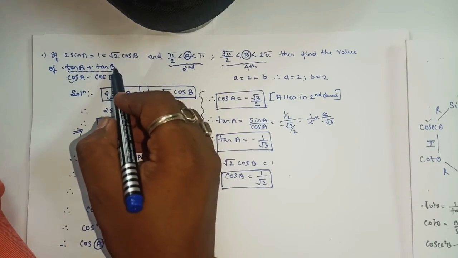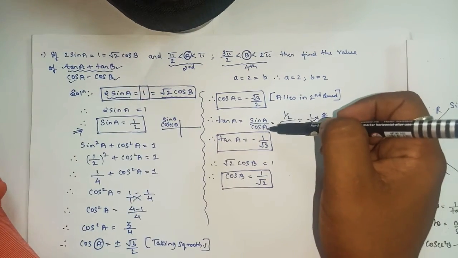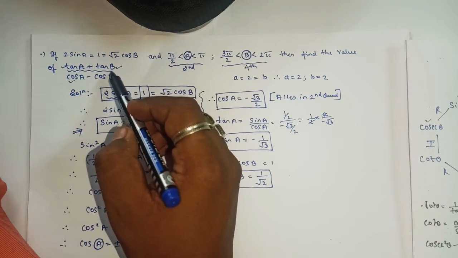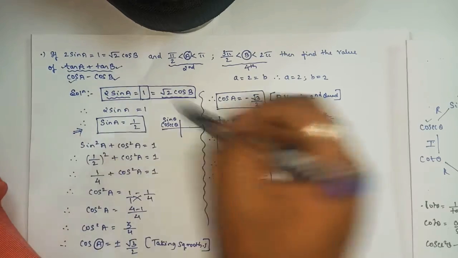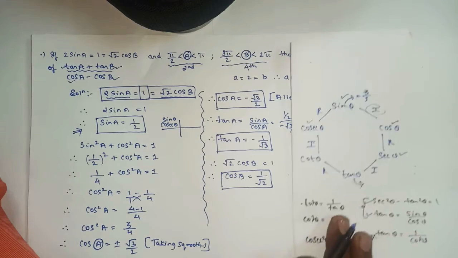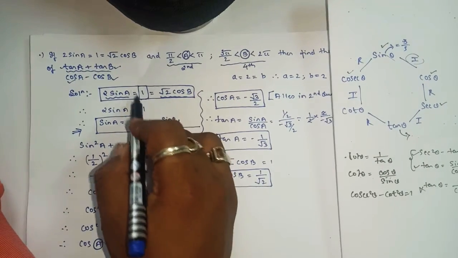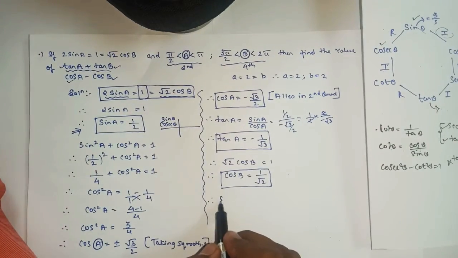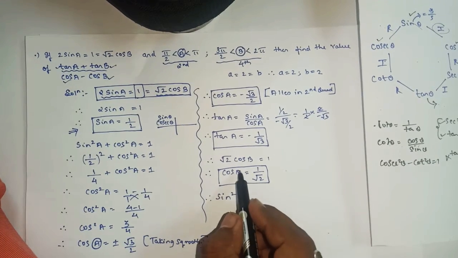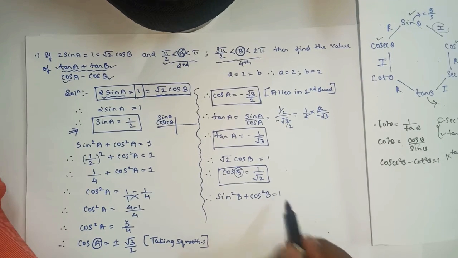Now we have to find tan B. But for tan B, we know that the formula for tan is what? Sine upon cos. So we require sine as well as cos. If it is tan B, of course we require sine B upon cos B. So as now we have cos B, we have to find sine B now. So we know that there is one relation between sine and cos, that is the identity relation. So here also in the second part, we'll apply the identity formula, that is sine square theta plus cos square theta equals 1. But here the angle is what? B. So sine square B plus cos square B equals 1.